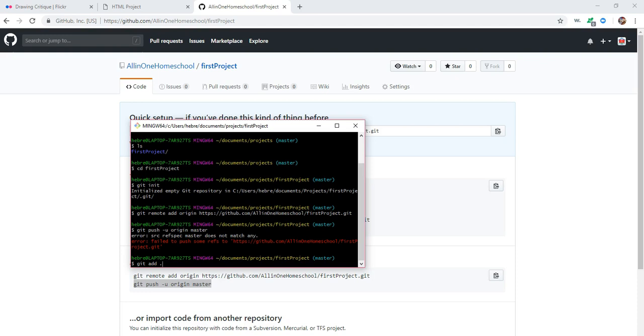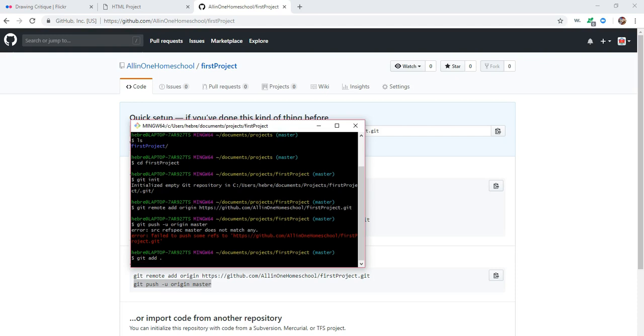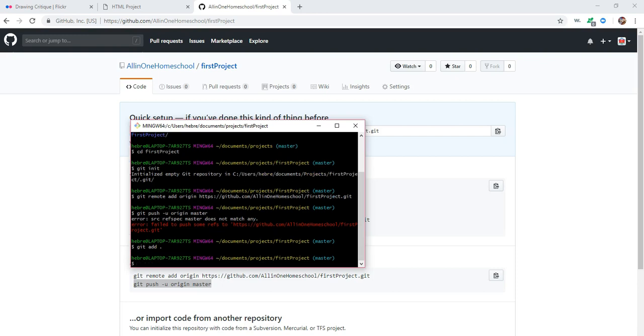But right now we want to put everything online, so we're going to put git add. That dot means everything. Do it all, the whole folder, everything in the directory. Git add. And mine's going to take a little while because I have all those videos. Yours will probably be done in a split second, unless you have a whole lot of videos too. Okay, so it did that, and then we're going to type this,